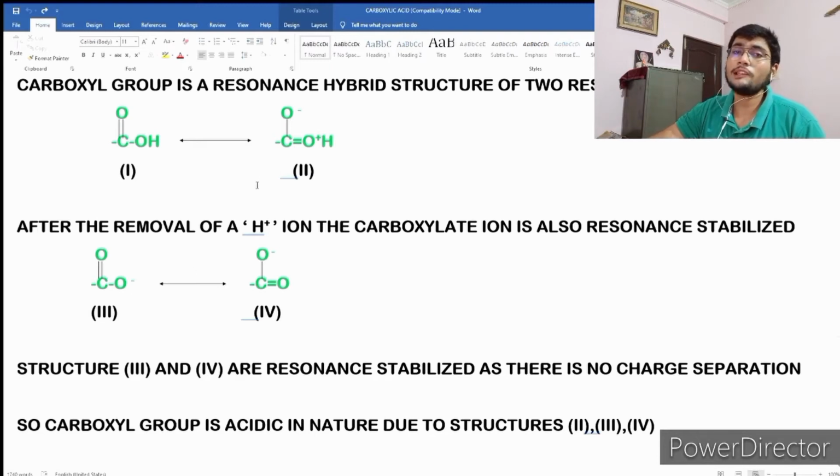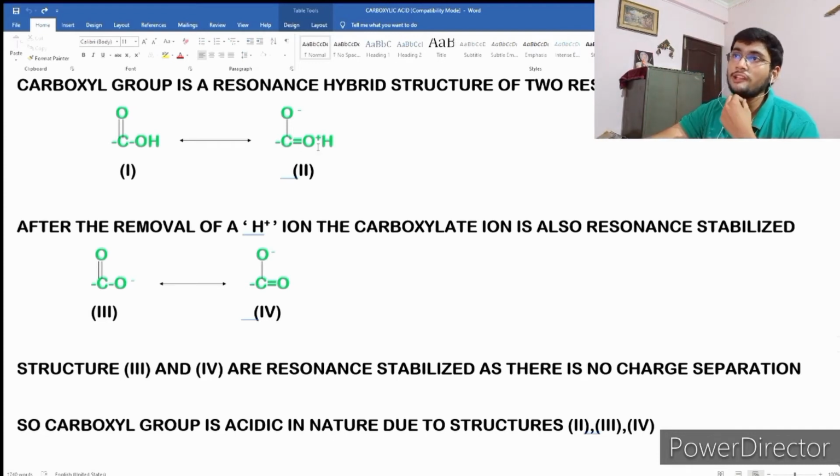Also, we can explain the acidity of carboxylic acid, that is, why the carboxyl group is acidic in nature, according to this structure also. You see that this oxygen has a plus charge on it. So you should keep this in mind, that any electronegative atom, if it has a positive charge on it, will increase its electronegativity. And if it has a negative charge on it, it will decrease its electronegativity. So here oxygen is quite electronegative and it has a positive charge, so its electronegativity will increase.